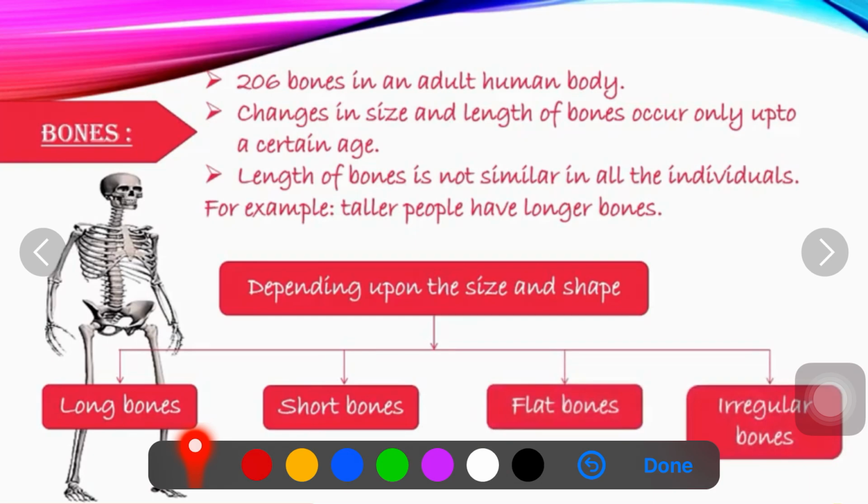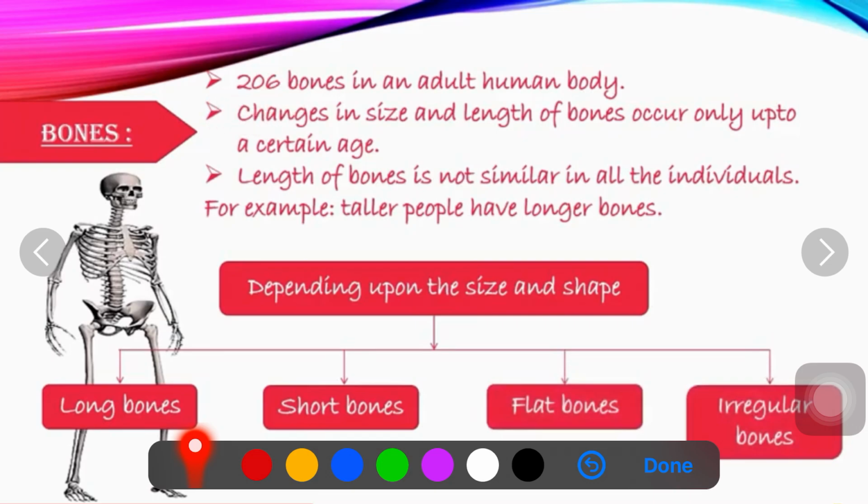A newborn baby consists of approximately 317 bones, not exactly, approximately. When a baby is born, how many bones are there? 317 approximately, but the actual number of bones is 206. As they grow, the bones keep on fusing, joining with each other to become bigger bones. So the exact number of bones an adult human, not a child, will have is 206.